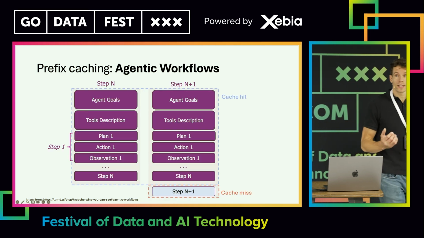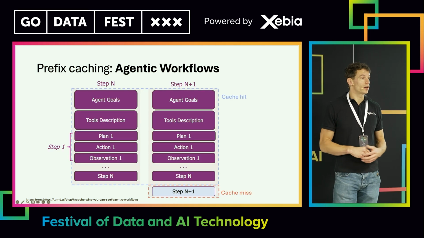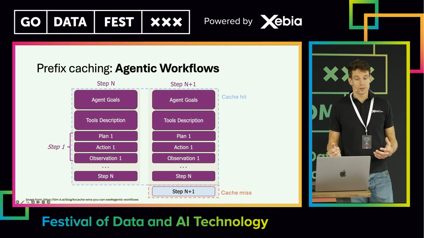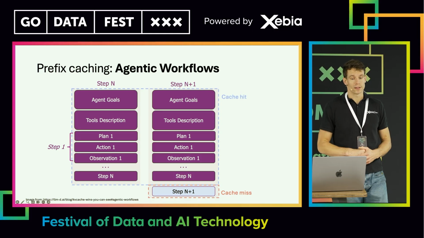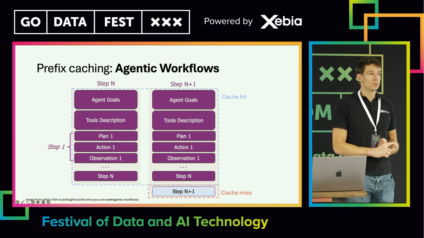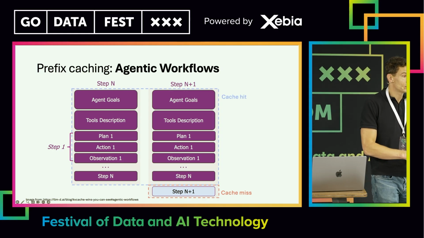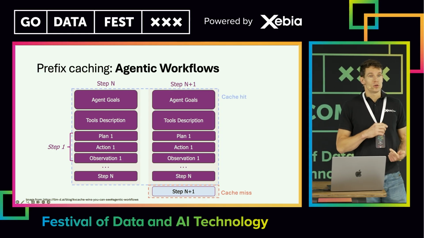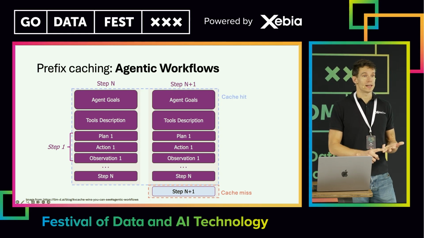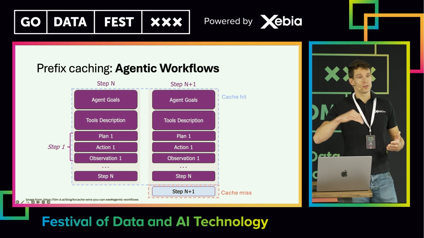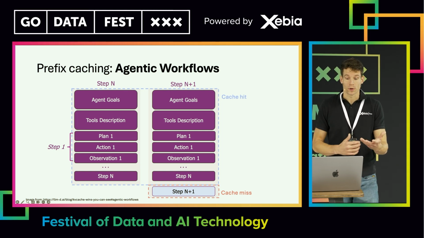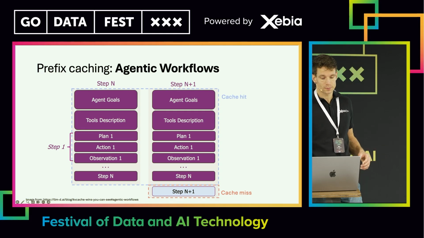So we see that the caching is very important for picking a serving framework. This is not only the case for conversational AI, this is also the case for agentic workflows. The pattern with agentic workflows is slightly different, but you see the same recurrent pattern occurring. So we as developers, we set a goal. We tell the agent which tools it can use. And then we set the agent at work. The first thing it does, it's going to plan, it's going to take an action, then it's going to do an observation, and then it's going to plan, act, observe again. So again, we have this growing pattern, and also here, this prefix caching is important.